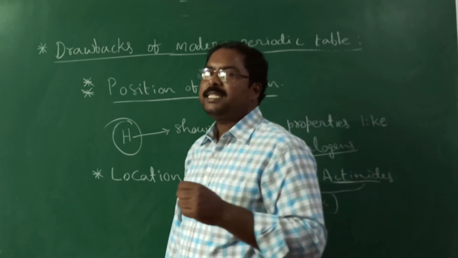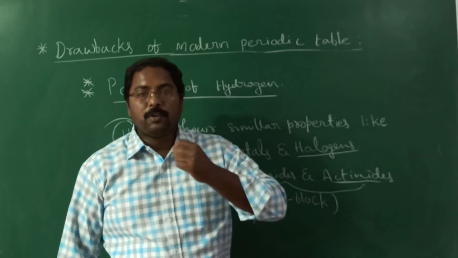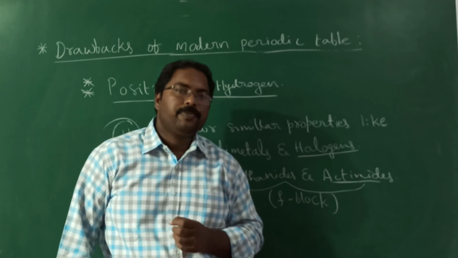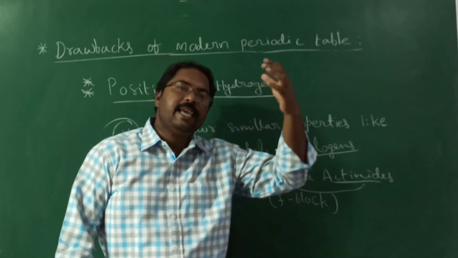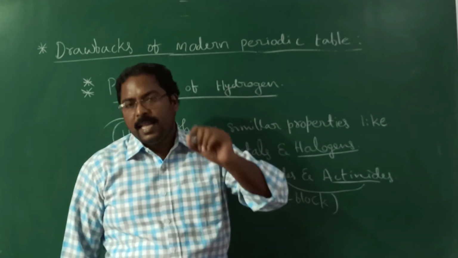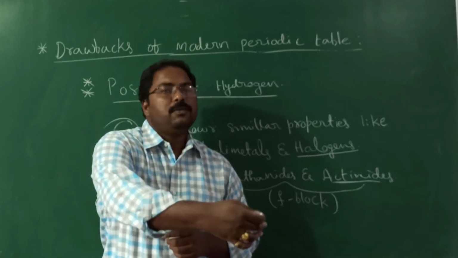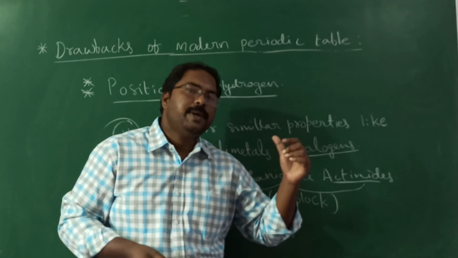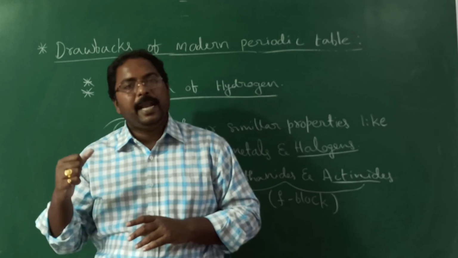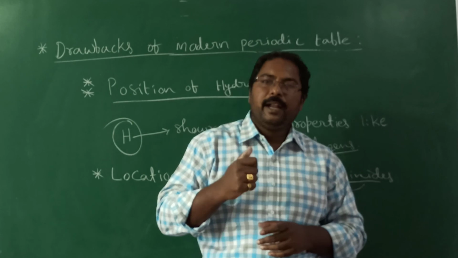Even there are some cases: generally the long form of the periodic table is based on the electronic configuration, but like we just discussed, helium doesn't have the electronic configuration same as the remaining noble gases, but still helium is placed along with the noble gases. Because it is not based only on electronic configuration, it is based on the similarity in their properties also. So these are the main drawbacks and even the merits of the long form of the periodic table.